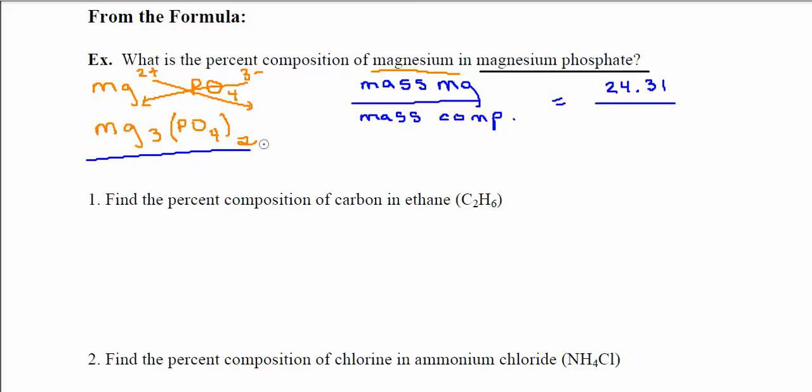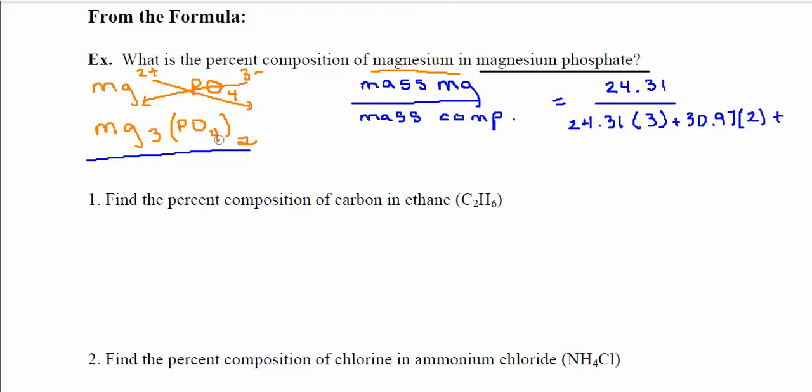That's why you have to write out the formula for your compound. So I have magnesium, 24.31 for its atomic mass, times 3, because there are 3 magnesiums, plus phosphorus, which has an average atomic mass of 30.97, times 2, because I have 2 phosphoruses, plus